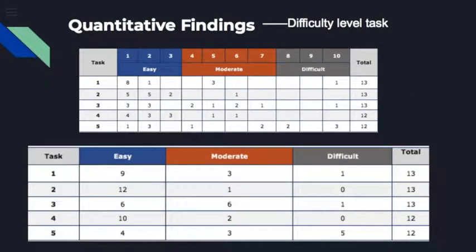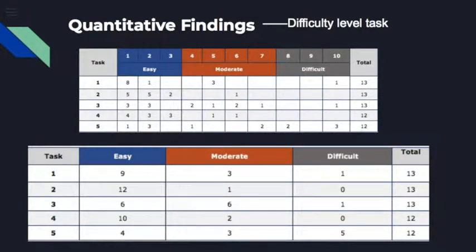So here are the findings we got in the test. First, we started with the quantitative findings. In our post-task questionnaire, participants chose the difficulty level of each task. It is noticeable that only 12 participants took task 4 and task 5, which is due to a software issue. We can see that most people think tasks 1, 2, and 4 are easy, but for tasks 3 and 5,